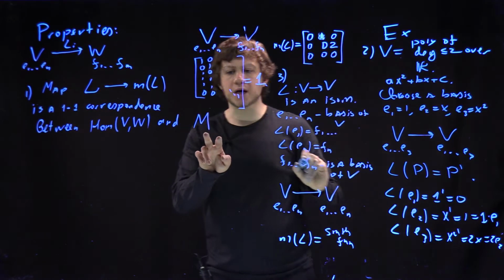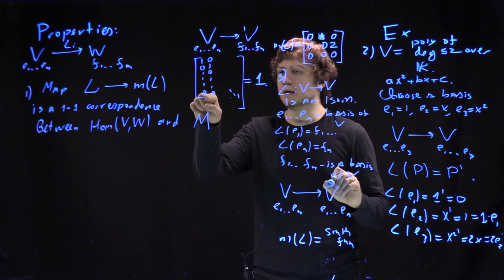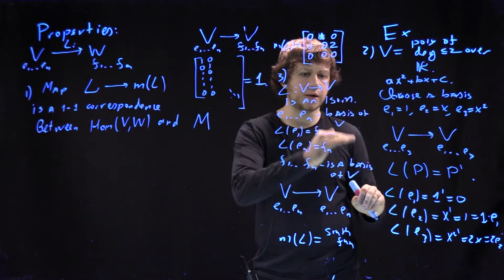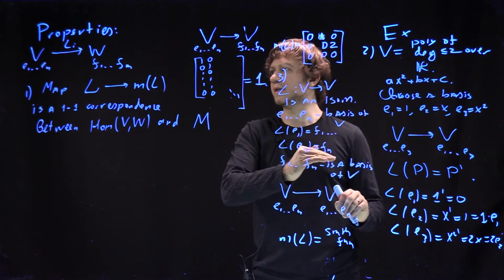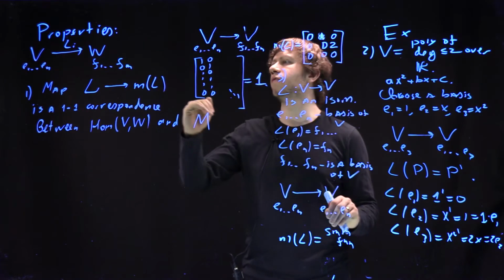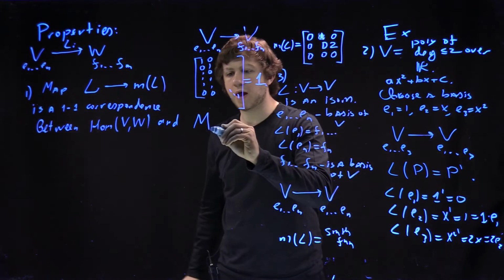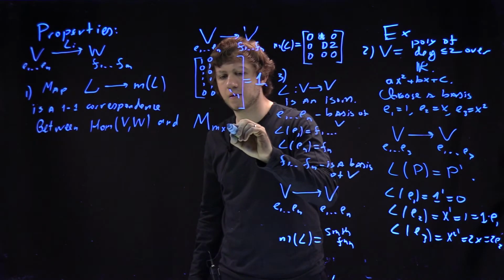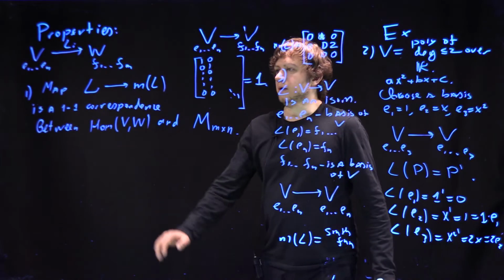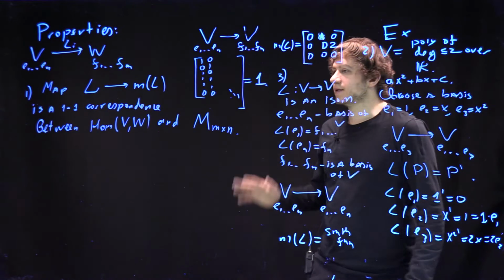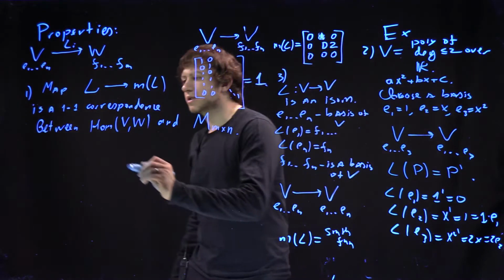And here we should be careful. The number of rows is equal to the dimension of W, so m by n. Why is it the case? That's completely obvious because